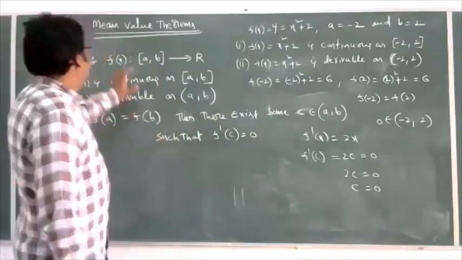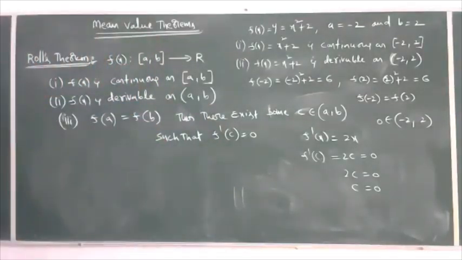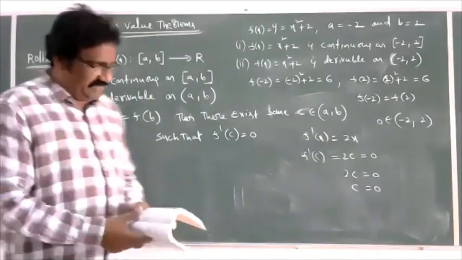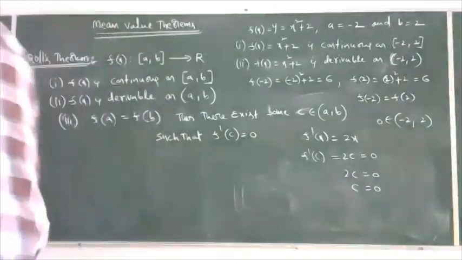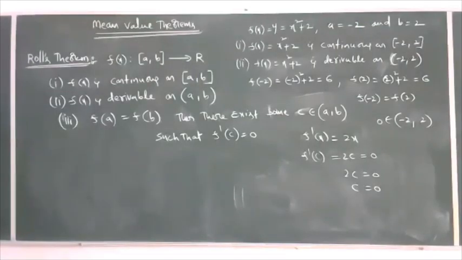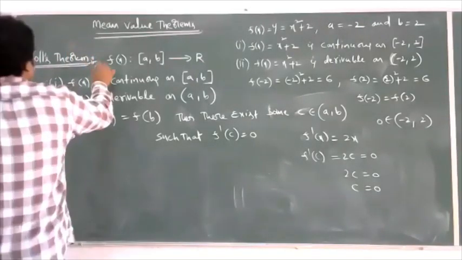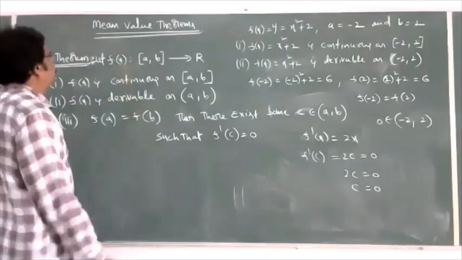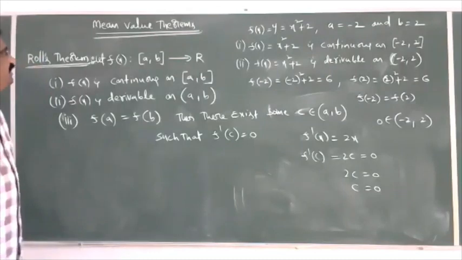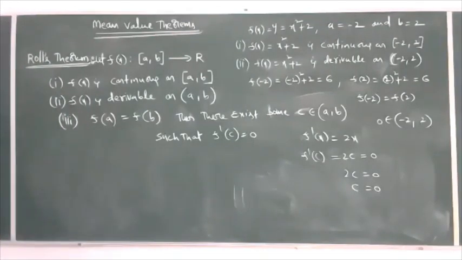So this is Rolle's theorem. Write the definition of Rolle's theorem. Let f of x from closed a comma b to R be continuous on closed a comma b,